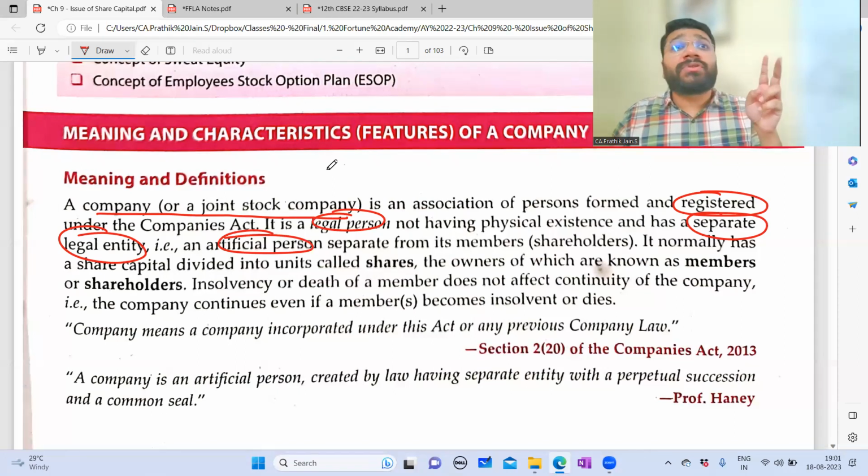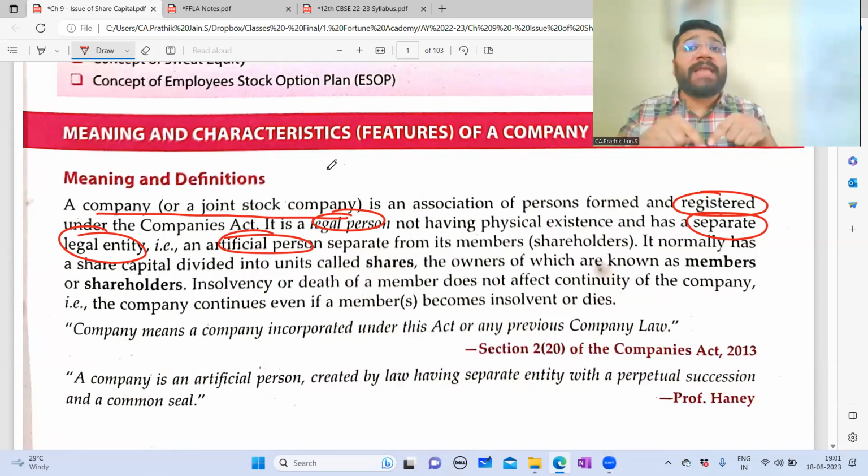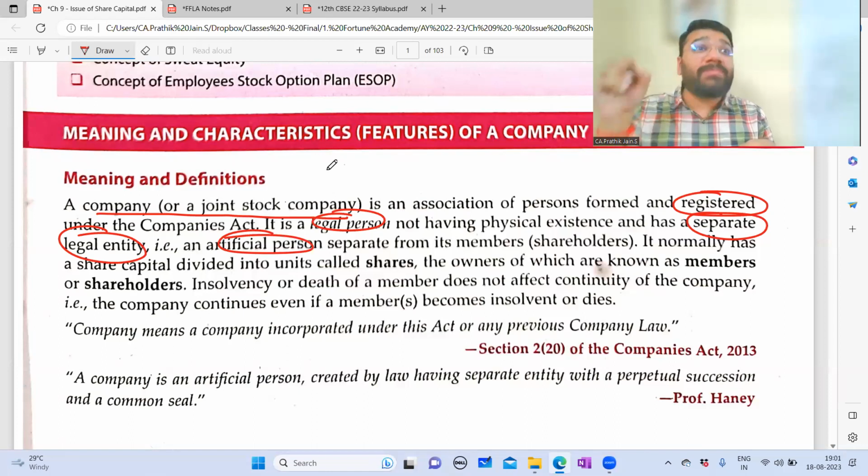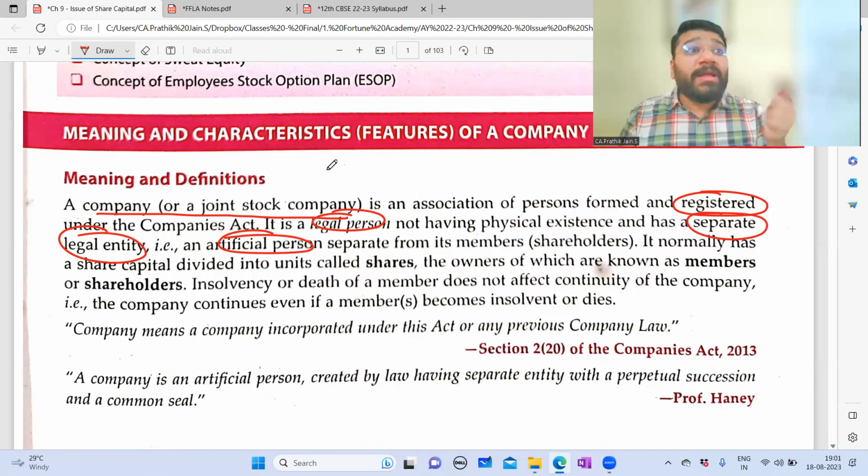Now people get confused. They think that the agreement made on a stamp paper means it is registered. No. Creating the stamp paper and writing the terms and conditions on it is called a partnership deed. Then you have to go to the registrar office, get a stamp on it, and pay the stamp fee. That process is called registration. Am I clear?